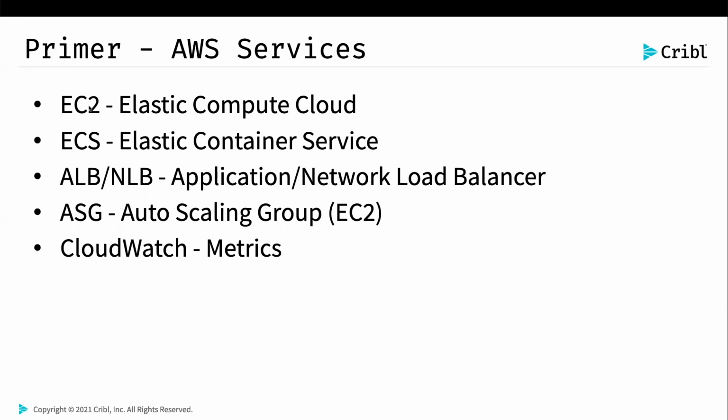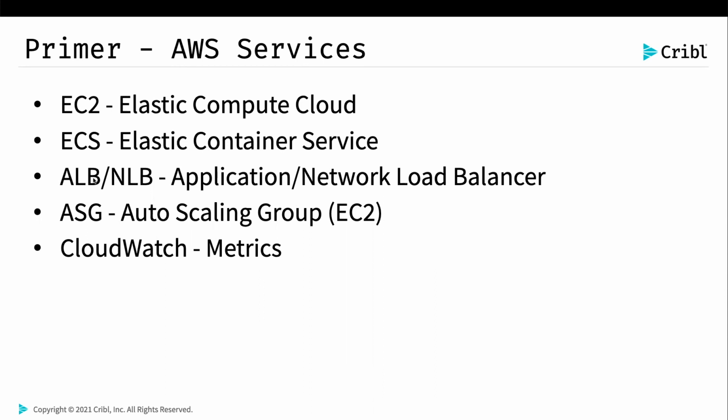There's another service that we're going to be talking closely about, ECS, the Elastic Container Service, and this is the hosted Docker in AWS. And there's also an equivalent service, EKS, the Elastic Kubernetes Service. We won't be talking about that today. We do have some Helm charts available on our Cribl GitHub if you would like to deploy Logstream on Kubernetes. All the auto scaling is built in there, but this is going to be on ECS, roll your own type